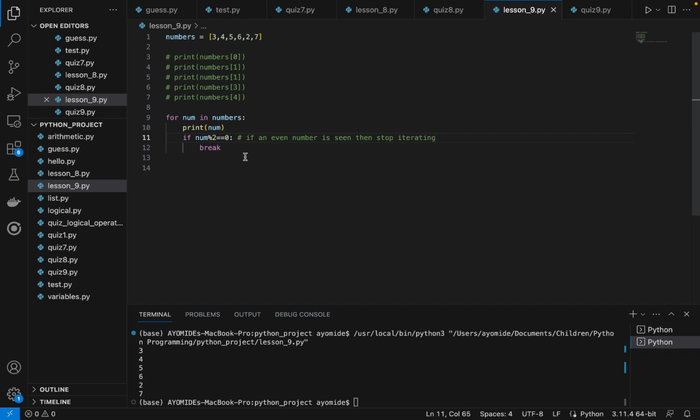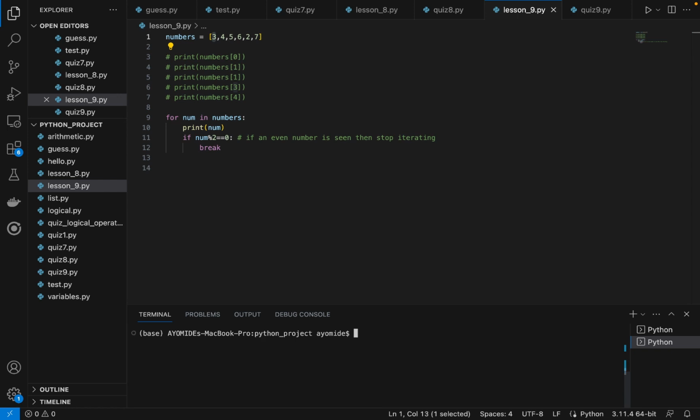So what do you guys think will be printed here? If I go through this, 3 is not an even number, so it continues. How many elements do you think this will print? Think about it before I run this code, before you run the code. So ideally it should print only 3,